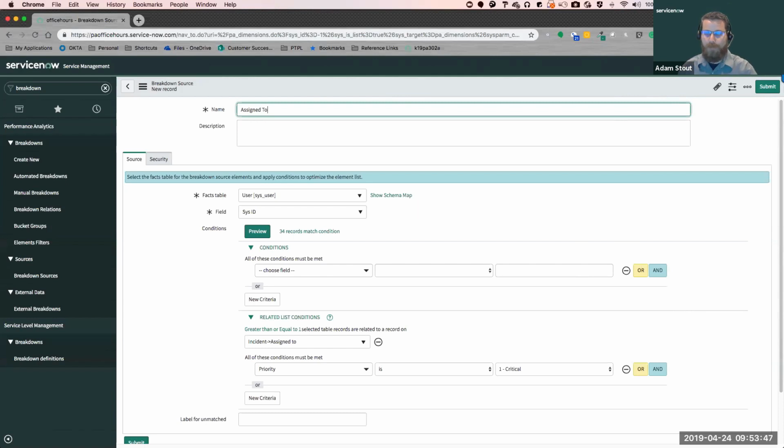If you want more information about breakdown relations, there's a session at Knowledge, PA 301, where they're going to go into all the hierarchy reporting with breakdown relations using the matrix and hierarchy rollups. Really great session that I'm not teaching, but it's a great session. We'll put some more content out on the community. We're planning to do that after Knowledge, but you can look at